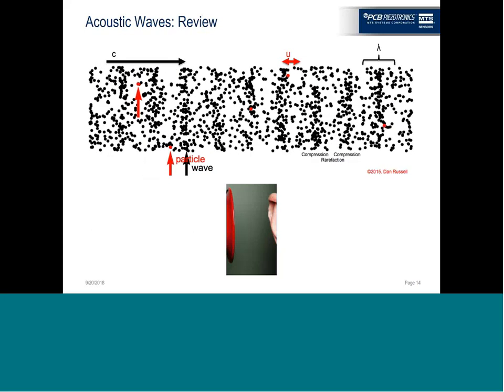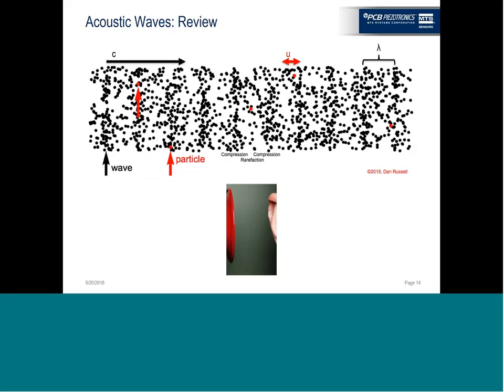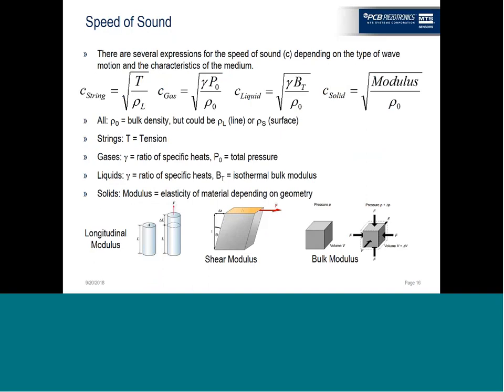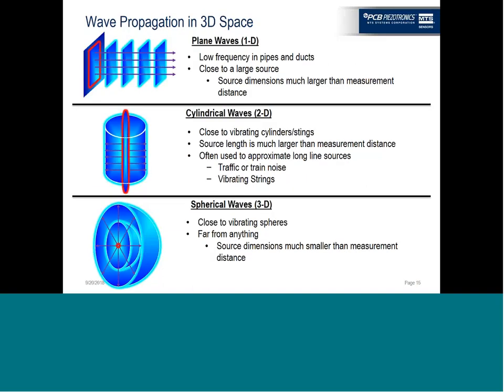And this is how we go from our receiver to our path. So let's talk a little bit more about what's going on with our path. Plane waves, and we talk about plane waves because they're probably the most simplistic versions we can model. In order to actually have true plane waves, you will have low frequencies in pipes and ducts. If you're very, very close to a really, really big source, like a panel vibrating back and forth, that will be a plane wave. Also, if your source dimensions are bigger than your measurement distance, you also